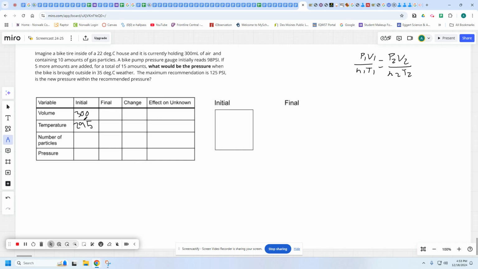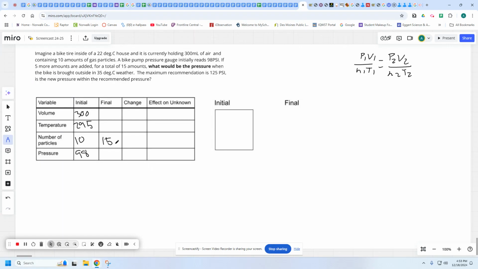The number of particles in the initial state, we're assuming there's 10 amounts of particles that have already been added at some point in time, and that's what the tire currently has in it. The pressure, while it's in the house, is 98 psi. In the final state, we added 5 more amounts of particles, so we have a total of 15 amounts of